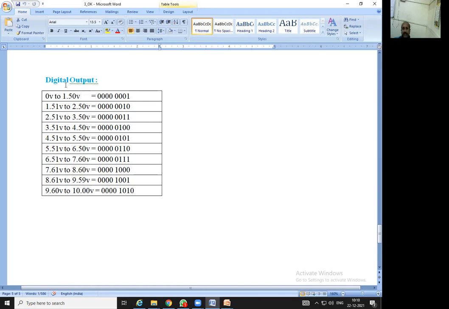Like this, there are 10 states, 10 slots we can say: 1, 2, 3, 4, 5, 6, 7, 8, 9, and 10. So 0 to 10 volt is divided into 10 slots, and how it is bifurcated, you can observe in this particular table. This is the observation table for this ADC.